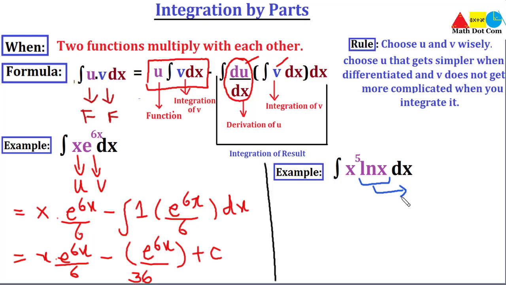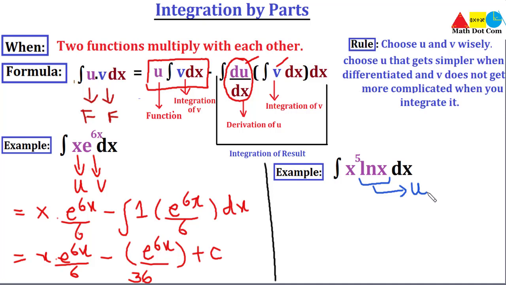Because when we find the integration of natural log of x, we multiply it with 1 and then apply the formula of integration by parts. So we cannot use natural log of x in a way that we have to find its integration. We have to take natural log of x as u, because we can find its derivative and keep it as it is, but we cannot find its integration by using this method, as it will be more